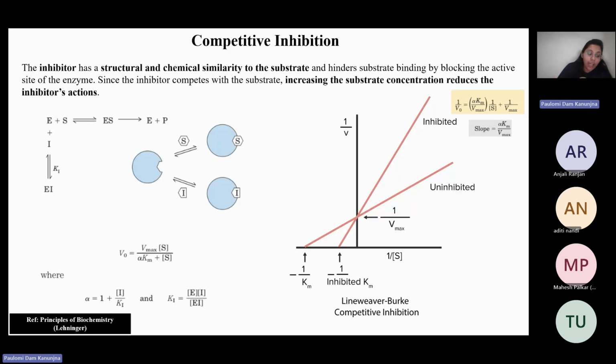Now, when you have the inhibitor binding to the enzyme, what is the effect on the enzyme kinetics? The first is your Km increases. So Km, the Michaelis-Menten constant, is also a way to interpret the binding affinity of the enzyme and the substrate. What is the affinity of the enzyme to the substrate? So if the Km is,